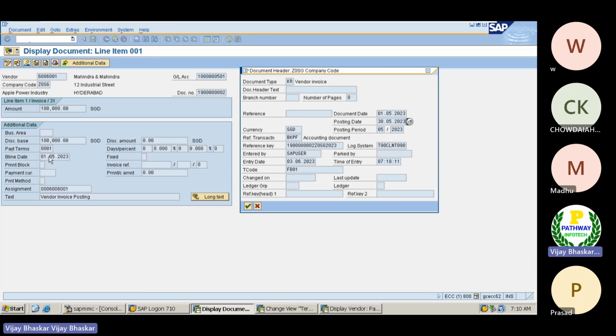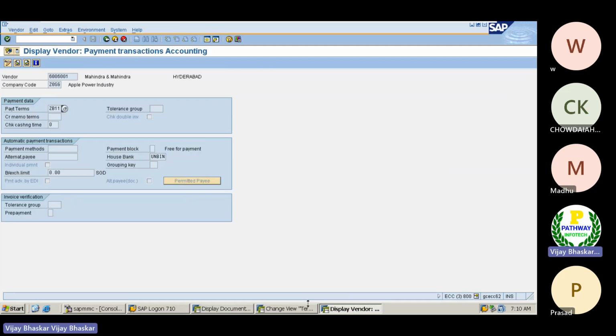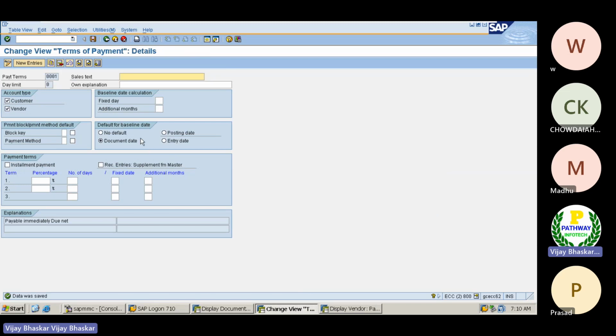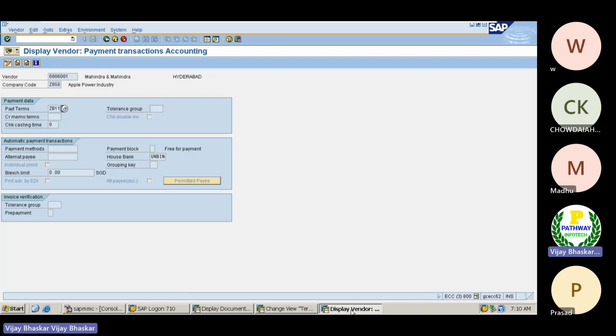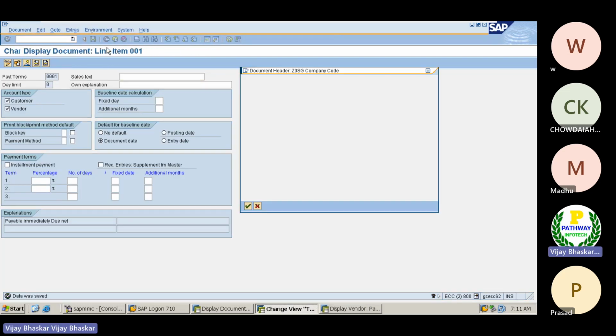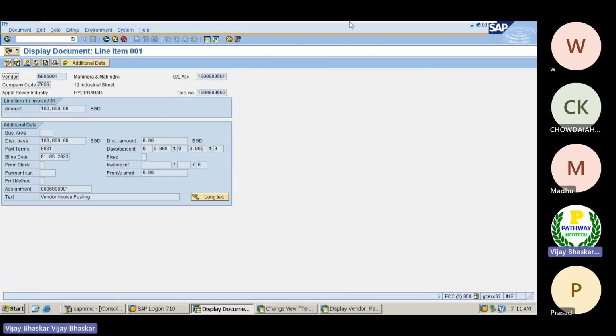Okay, so from where is the system determining the baseline date? The baseline date calculation is derived from your terms of payment. Okay, then the third condition, because that is why I have posted the document here, the condition number 3, I want to show you.